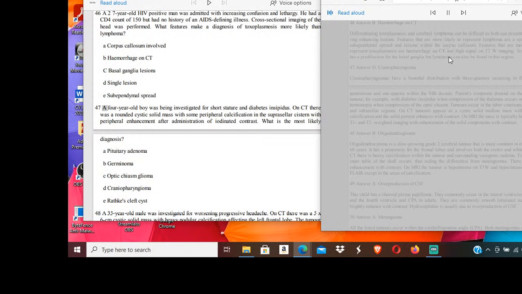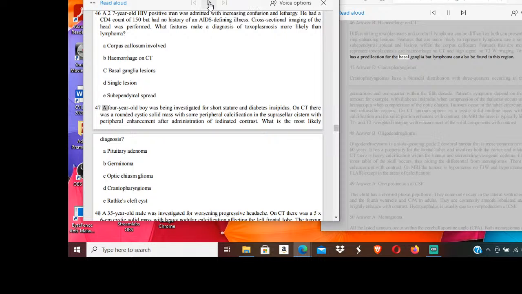Answer B, hemorrhage on CT. Differentiating toxoplasmosis and cerebral lymphoma can be difficult as both can present as multiple ring-enhancing lesions. Features that are more likely to represent lymphoma are single lesions, subependymal spread, and lesions within the corpus callosum. Features that are more likely to represent toxoplasmosis are hemorrhage on CT and high signal on T2W imaging. Toxoplasmosis has a predilection for the basal